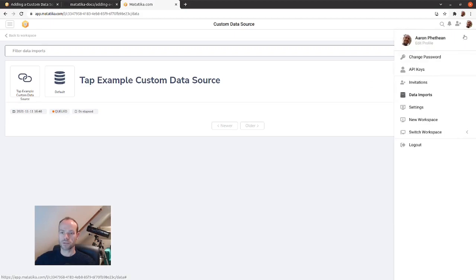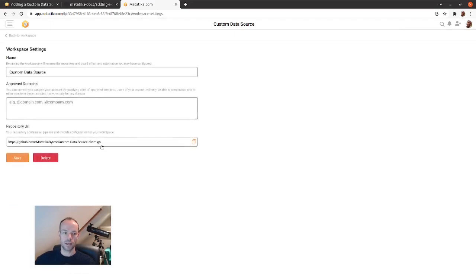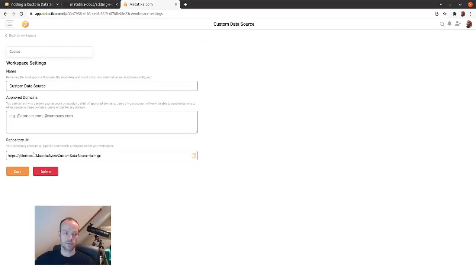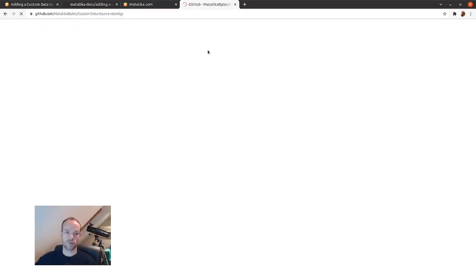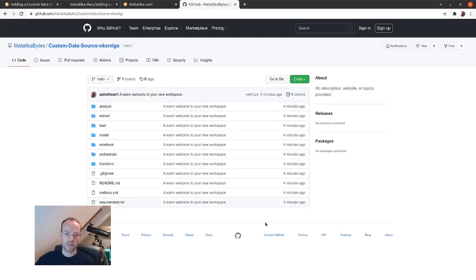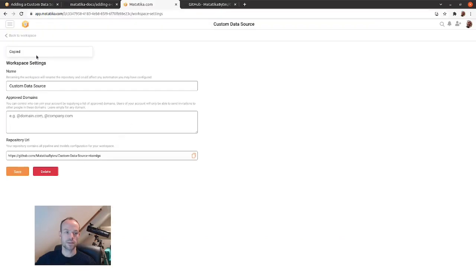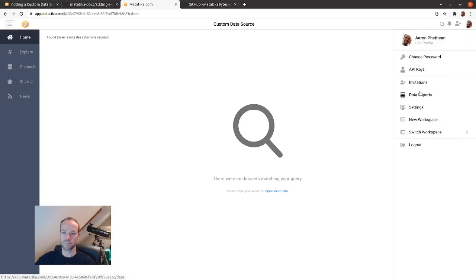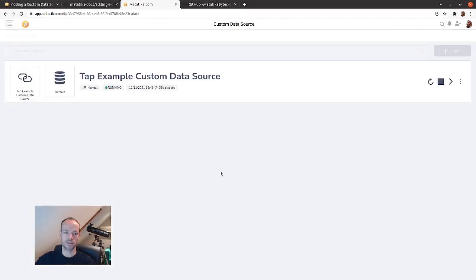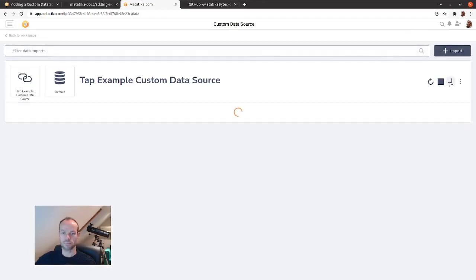If I go to my workspace settings and I copy this configuration repository URL, which is a GitHub repository, it's being created for us as we speak. So you can see 4 minutes ago I created it when I created the workspace. But what it's doing now is it's busily creating those data sets and configuring the Meltano project ready to receive